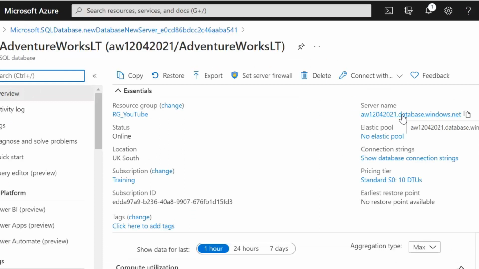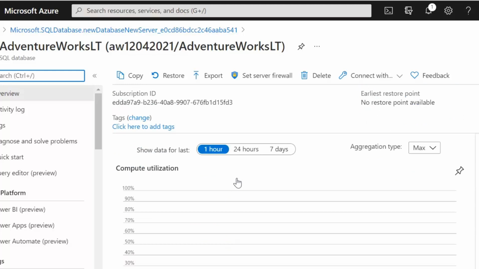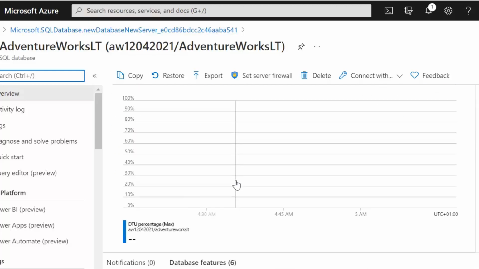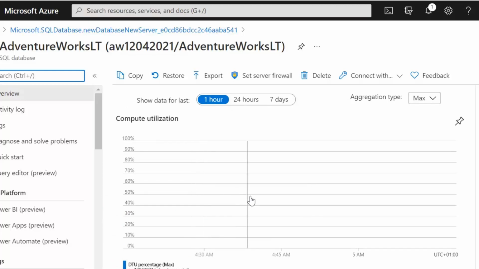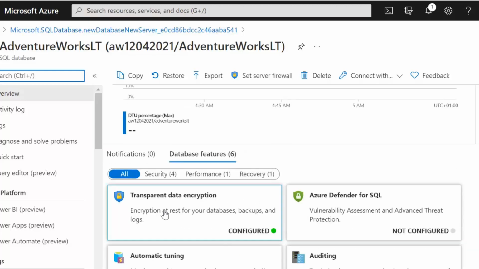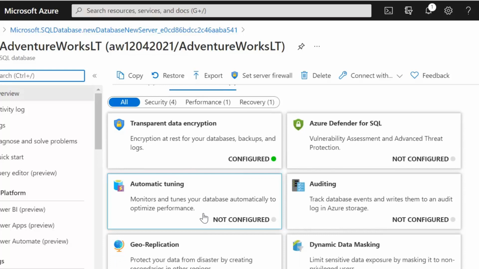We also have an overview for our server. So things like firewalls can be created at both the server and the database level. So we have our resource group name, our status, location, subscription it belongs to. And then we also have some interesting visualizations that show about our utilization, and then any notifications or typical database features that we should be implementing. Things such as